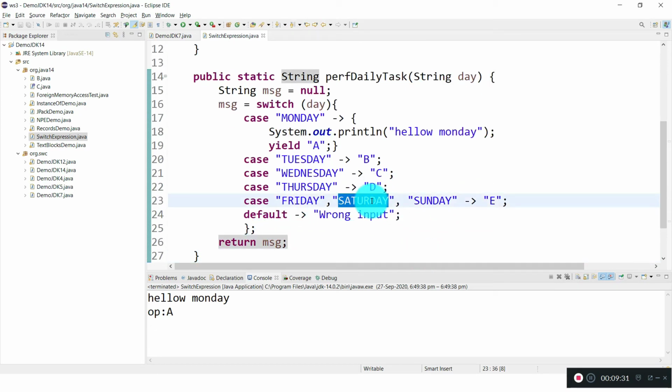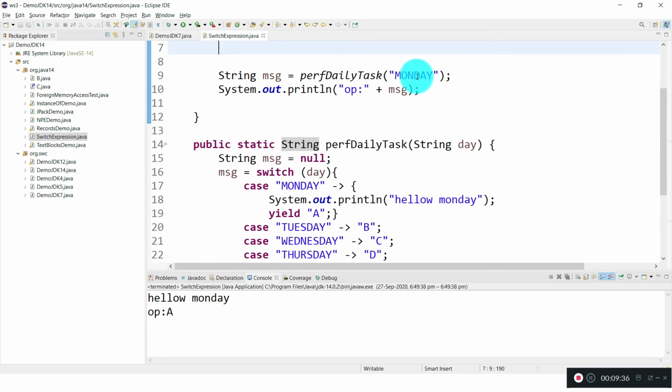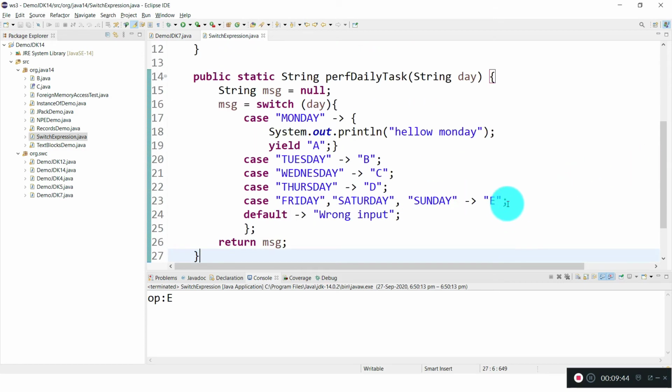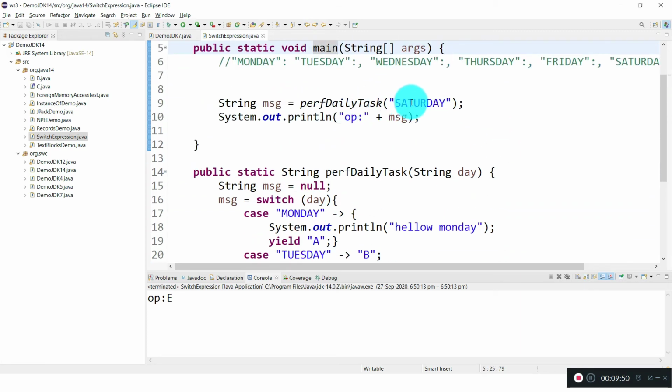Let me pass Saturday and we will test how the labeling for multiple values works. Saturday output is E. And what about Friday? I am expecting the same output. Yes.